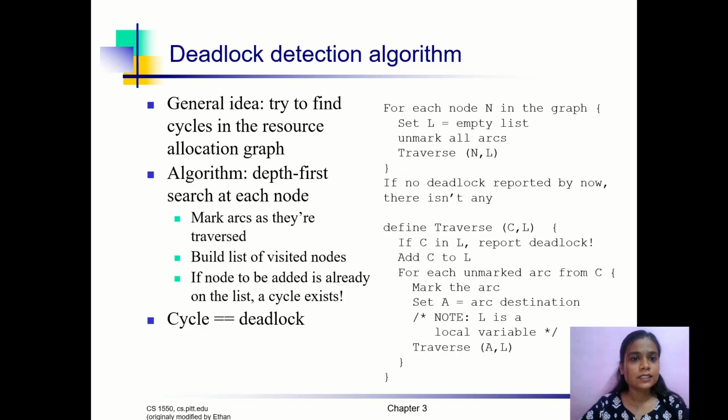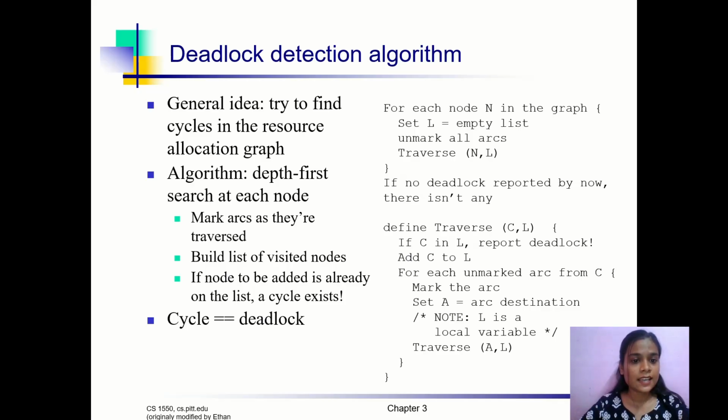Here now we see how deadlock is detected. These are the deadlock detecting algorithms. General idea: try to find cycles in the resource allocation graph. Algorithm: depth first search at each node. Mark arcs as they are